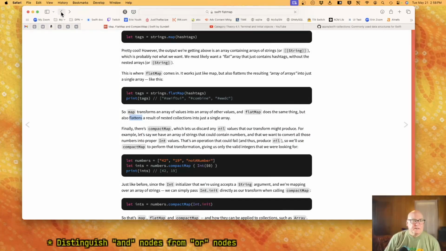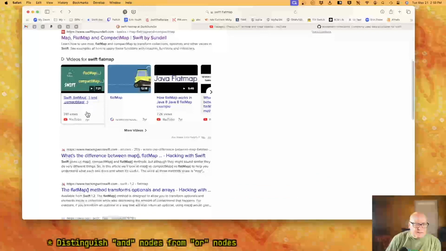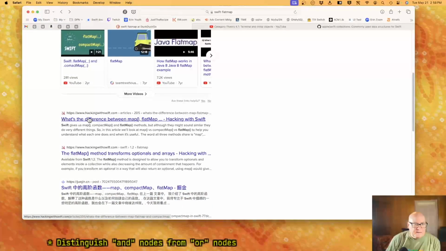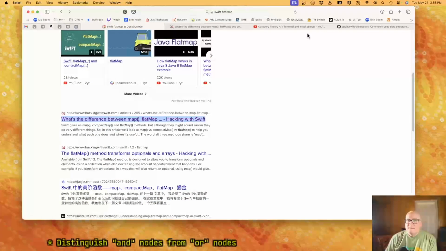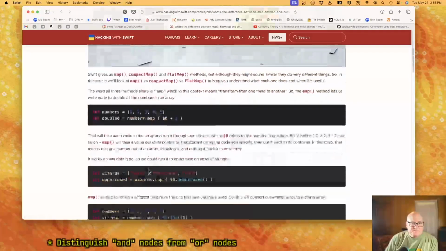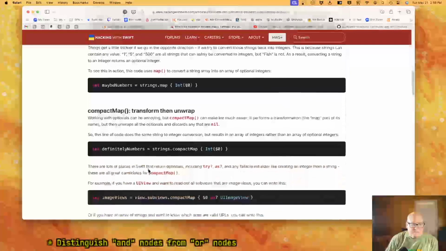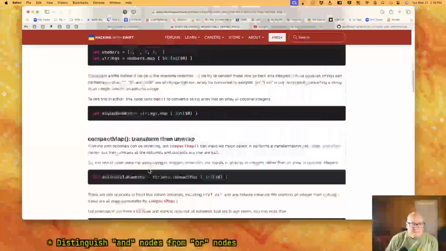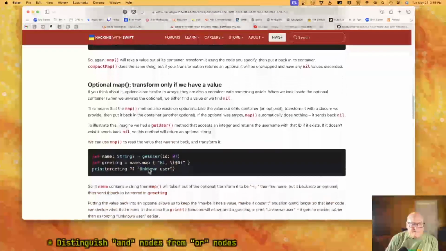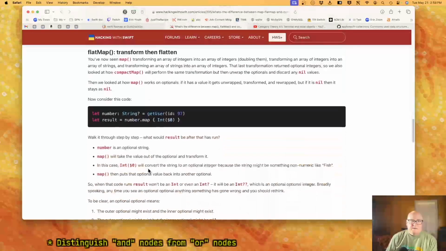Okay, this is not dealing with the fact that it's deprecated. Maybe this one's better. Transform then flat.